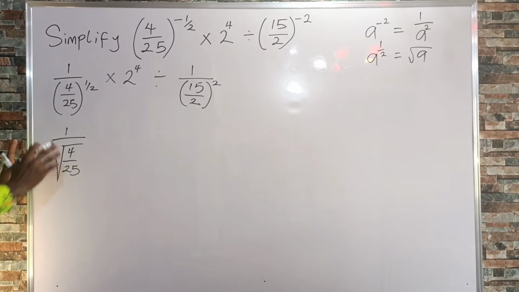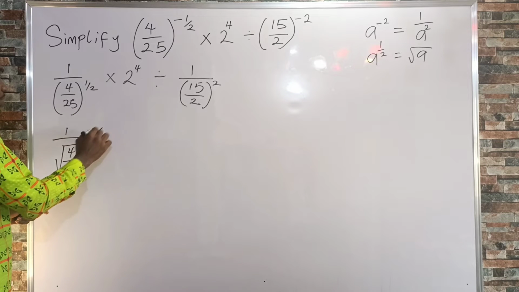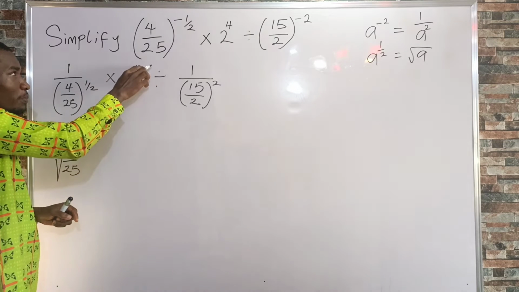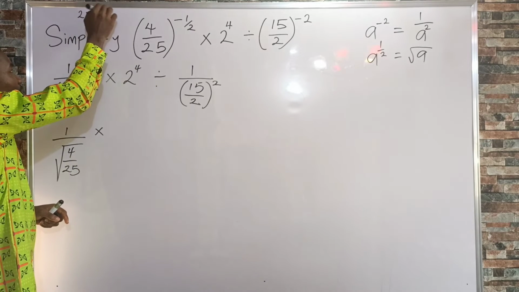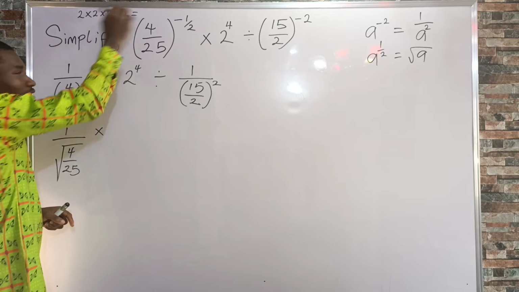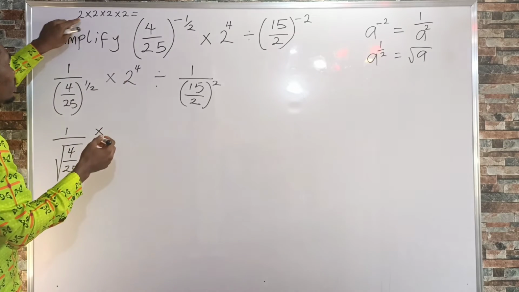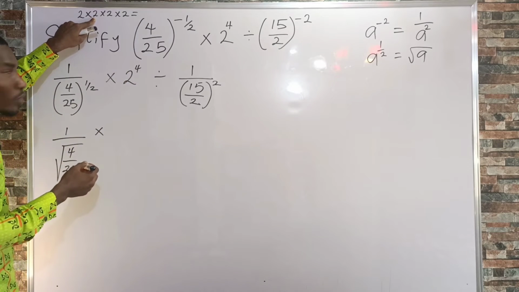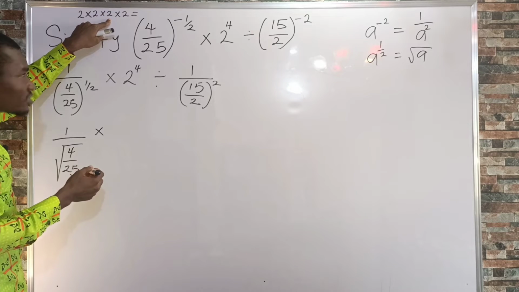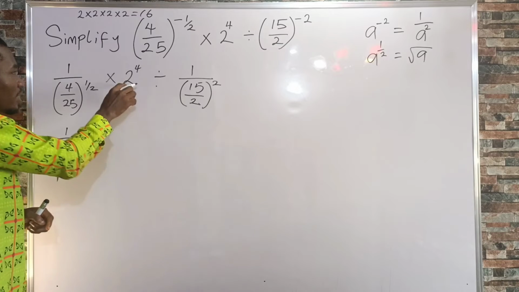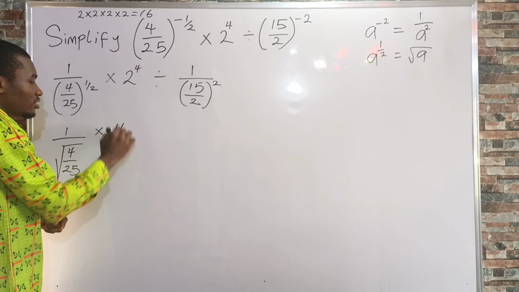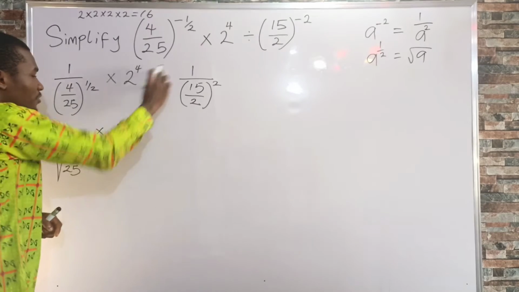I have 4 over 25 raised to the power of half, so I had to take the square root of 4 over 25. Then multiplied by, remember 2 raised to the power of 4 is the same thing as 2 multiplied by 2 multiplied by 2 multiplied by 2, four times. 2 multiplied by 2 is 4, 4 multiplied by 2 is 8, and 8 multiplied by 2 is 16. So 2 raised to the power of 4 is 16. Then divided by,